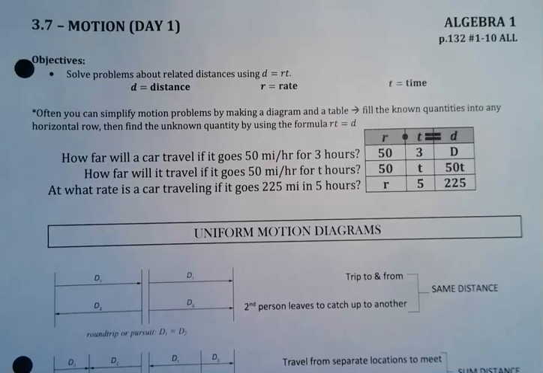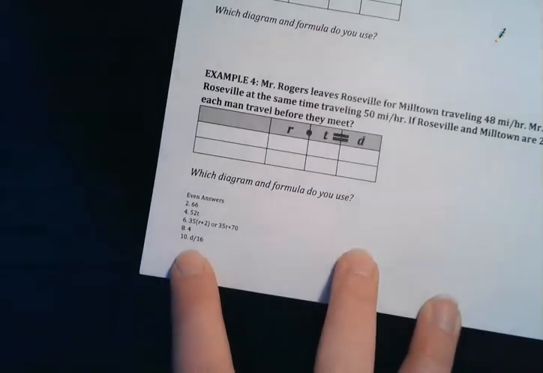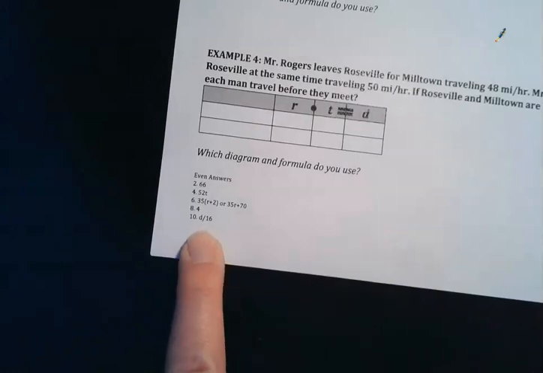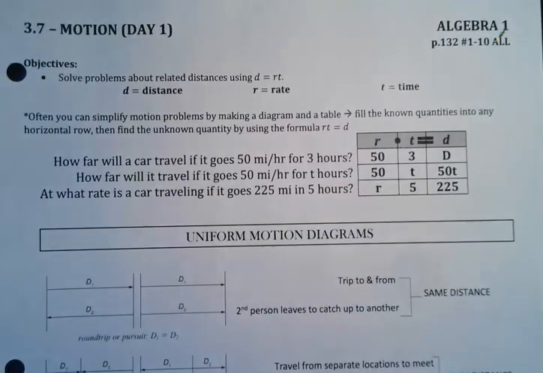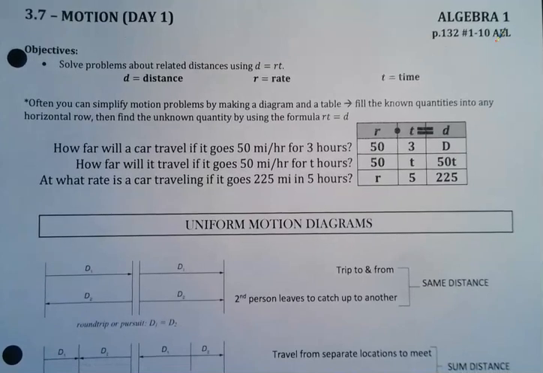Okay, so today we are doing 3.7 motion, and notice it is day one. Some things to point out: your homework is page 132, 1 through 10 all. If you flip over to the bottom of your notes, or to the back and the bottom, you'll notice in some fine print down there are the even answers for you to check. So 2, 4, 6, 8, and 10 are there for you to check. The odd ones are still in the back, but because we're just going to start off slow with some motion